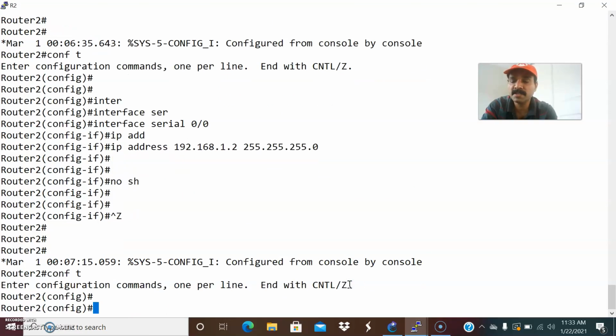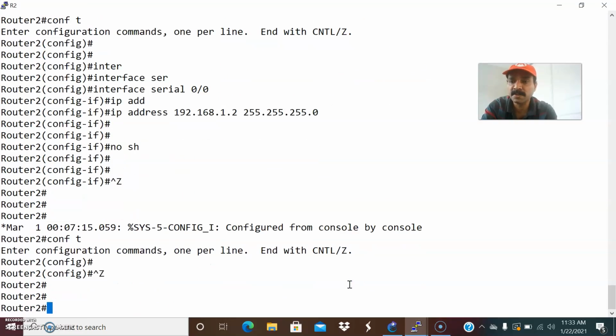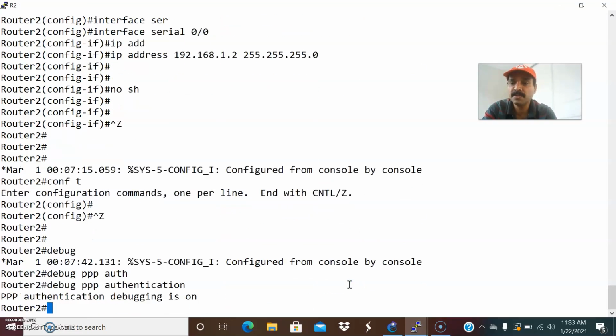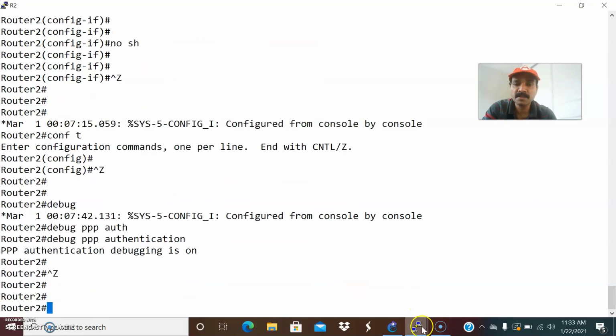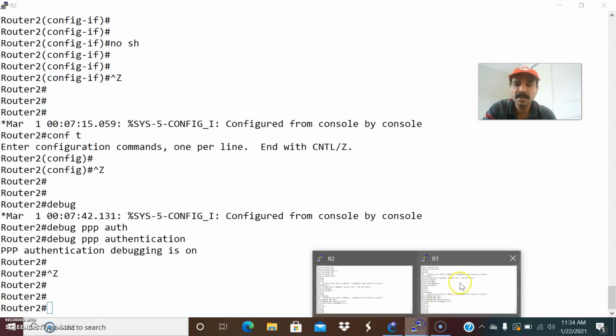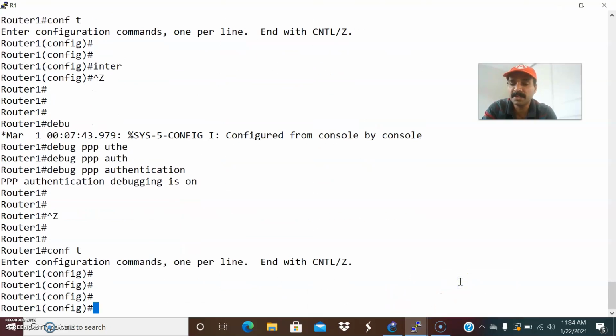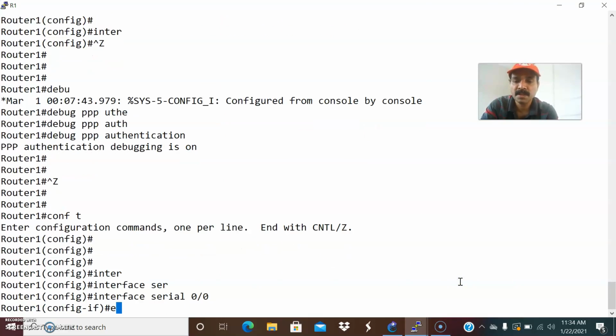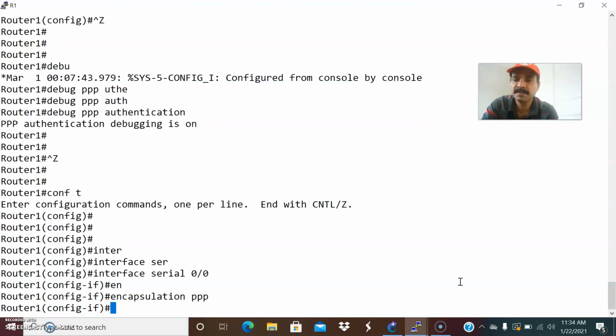You can see the debug messages for CHAP, but I'm not sure we'll see them for PAP. Anyway, let us debug PPP authentication before enabling that. After that, let us go to R1 and R2 and configure the parameters. Go to the configuration mode, interface serial 0/0, encapsulation PPP.